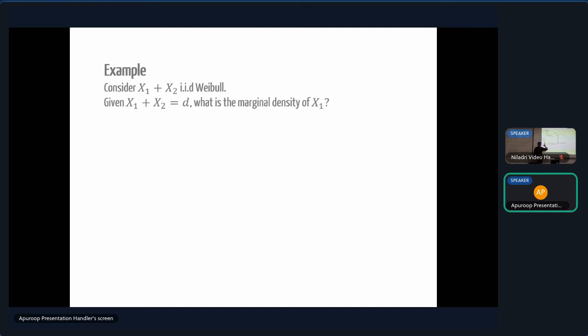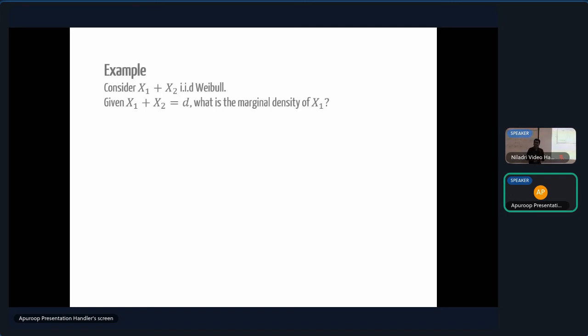In the case of the exponential, alpha equals 1. If alpha is 1, a variable is just plain exponential. Then from the memorylessness property of the exponential, you should be able to convince yourself that the marginal density of x1 conditioned on x1 plus x2 equals d is just flat. Okay, x1 could have contributed uniformly at random any value from 0 to d. So consequently is the case with x2.